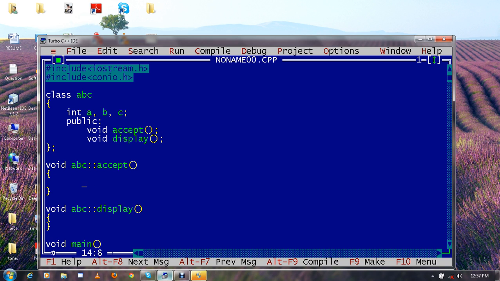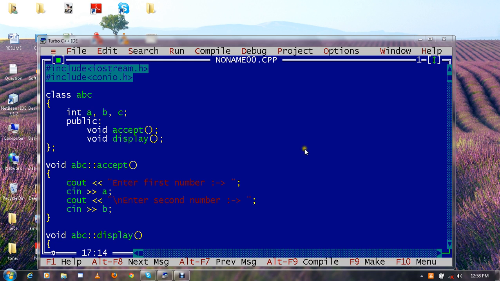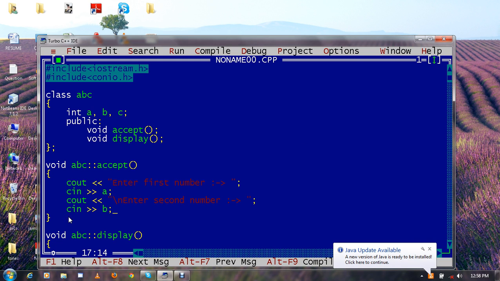So I am accepting A and B. And I can insert A. We have accepted the two values in A and B. So now we have to display.